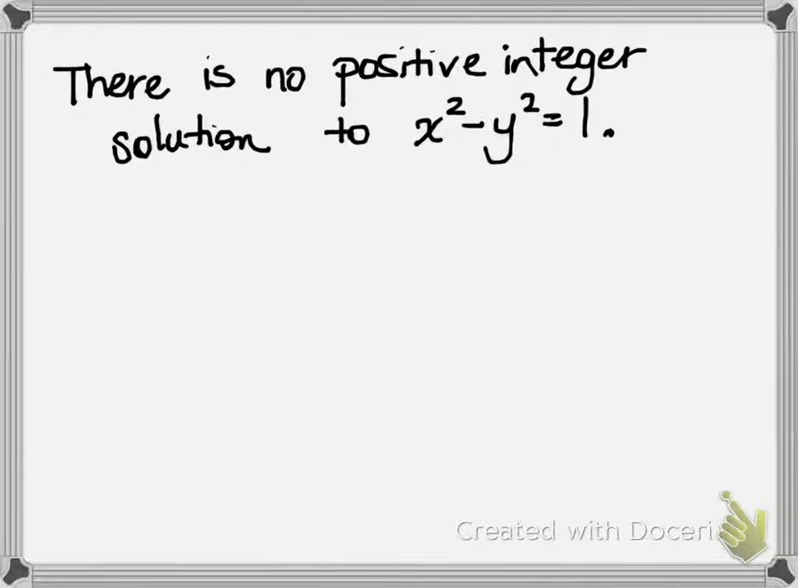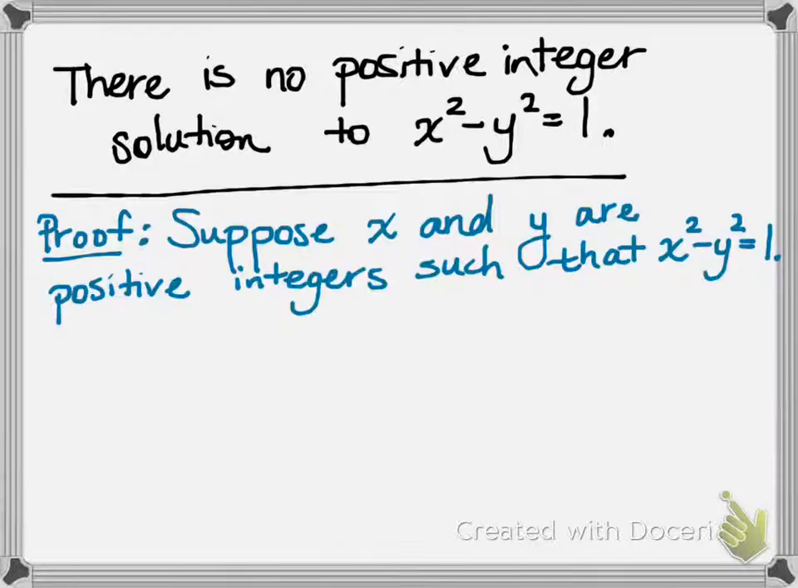So let's talk about the basics of proof by contradiction. What we're going to do is we're going to assume the opposite. We're going to suppose that we have x and y that are positive integers, where x squared minus y squared